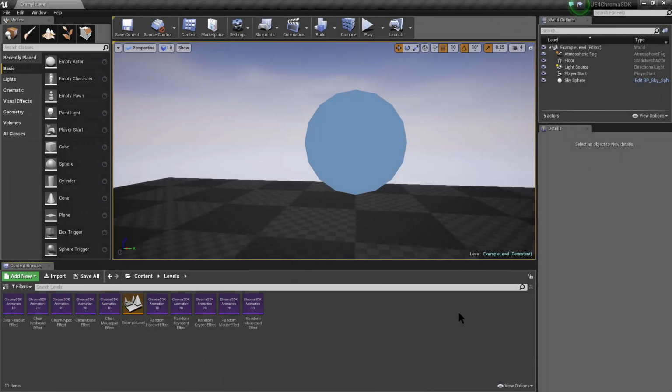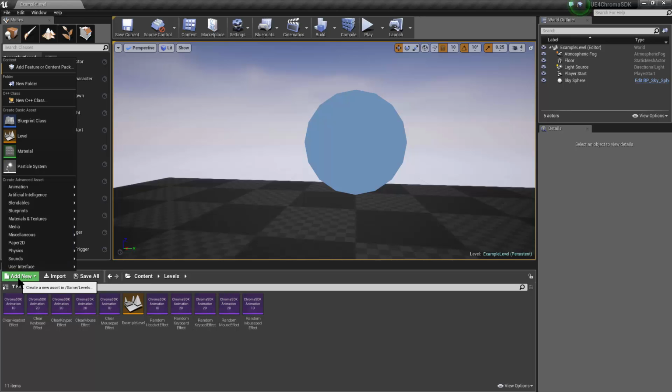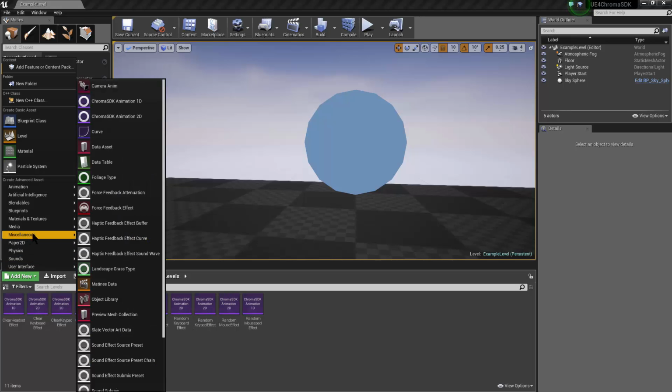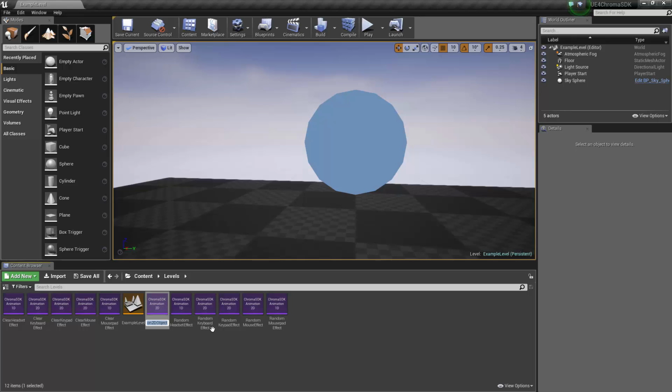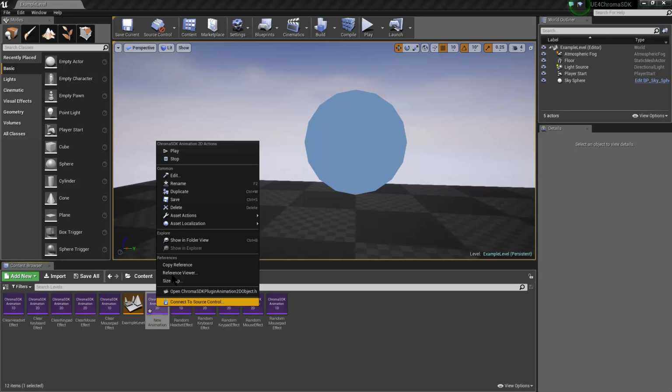Okay, so here's another Chroma plugin update for Unreal. I'll just show you how to create a new animation. All right, so let's start with a new animation asset. I just say add new miscellaneous, and I can pick a 1D or 2D animation. I'll do 2D. Call it new animation. And if I go to edit,